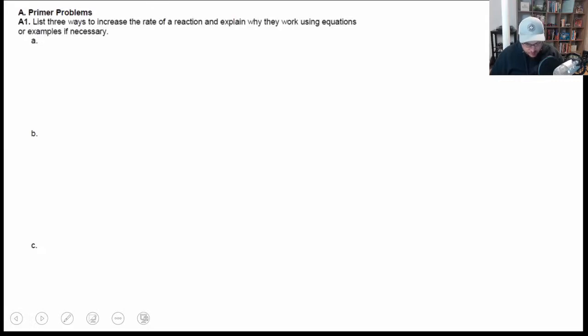I'll just do A1 real quick then too. Right, and so this one asks to list 3 ways to increase the reaction rate and explain why they work using equations or examples, right? And so one of them is temperature,